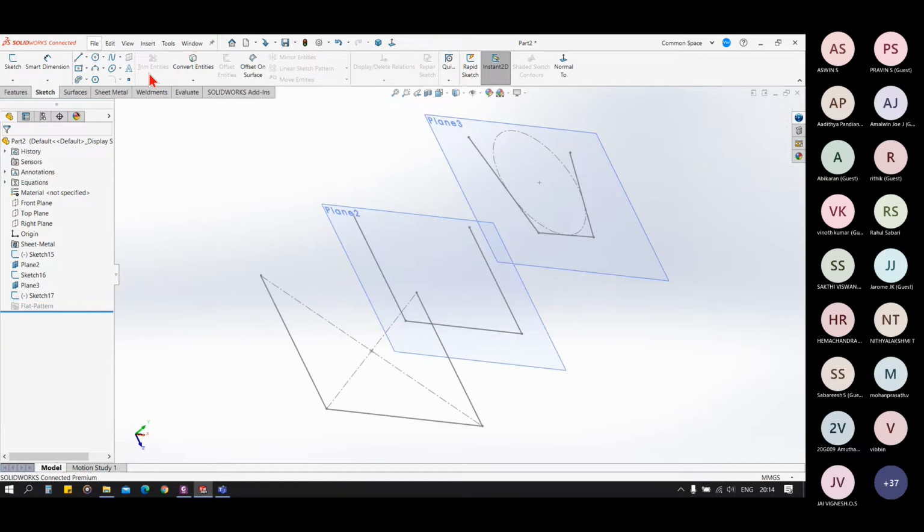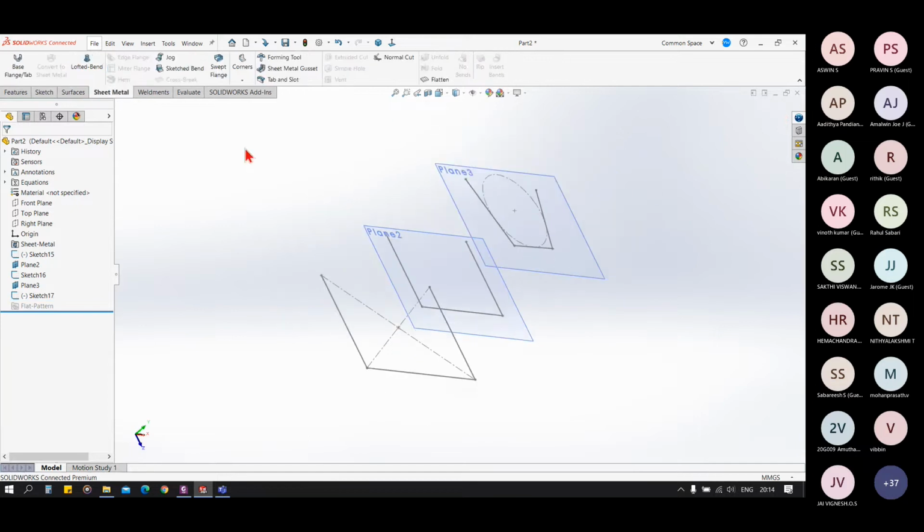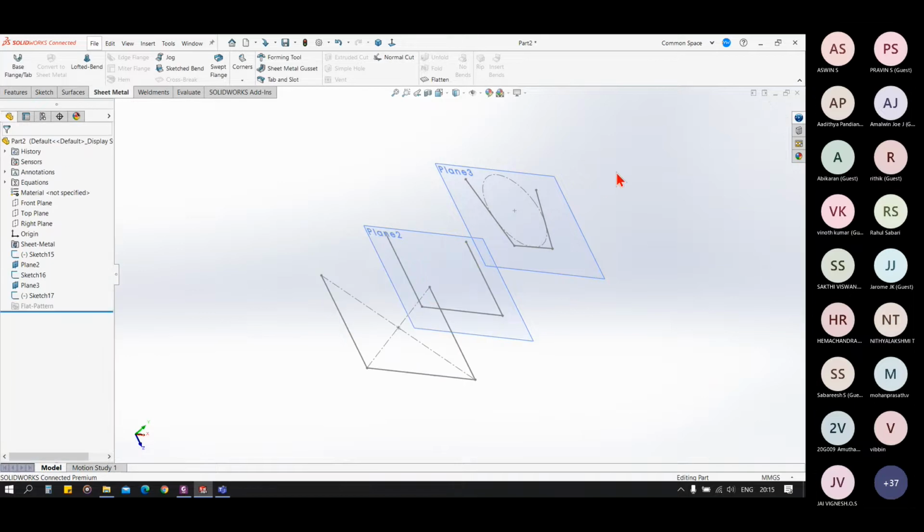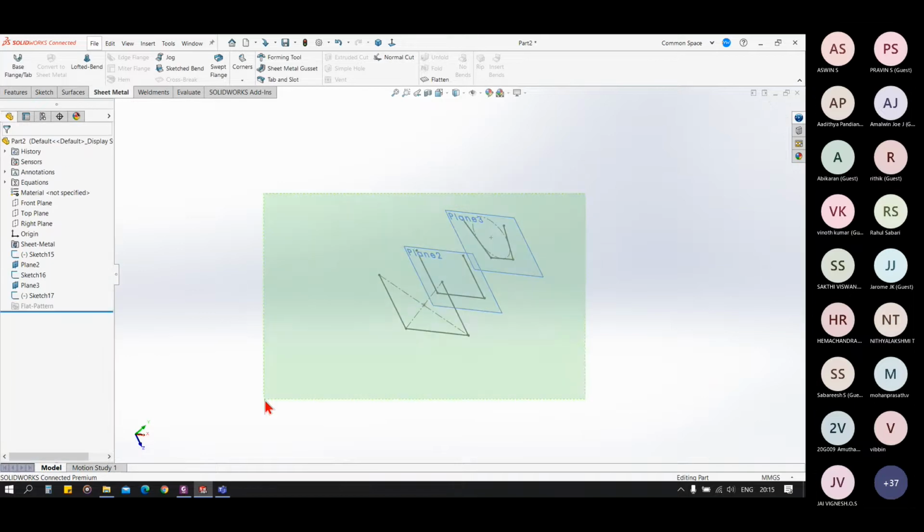I'm saving my time. You can have multiple profiles also. No. We can only have two sketches in the sheet metal loft. And in the 3D loft, we can have multiple also.